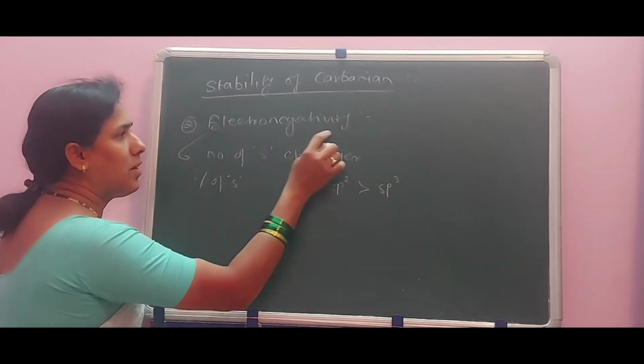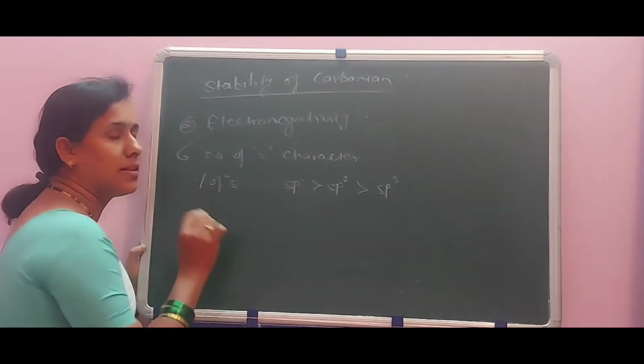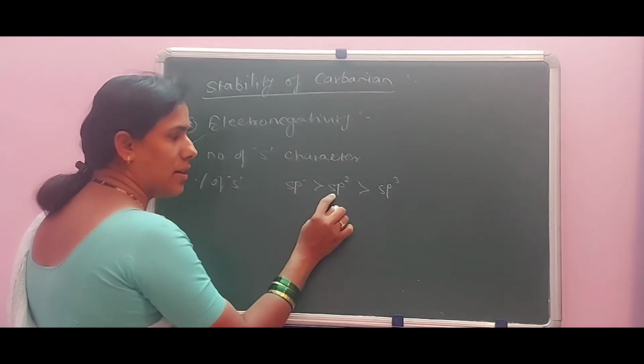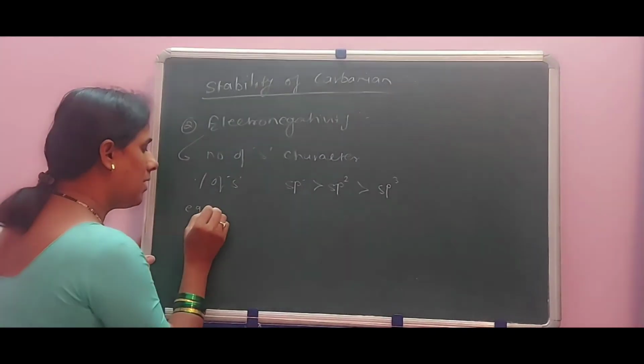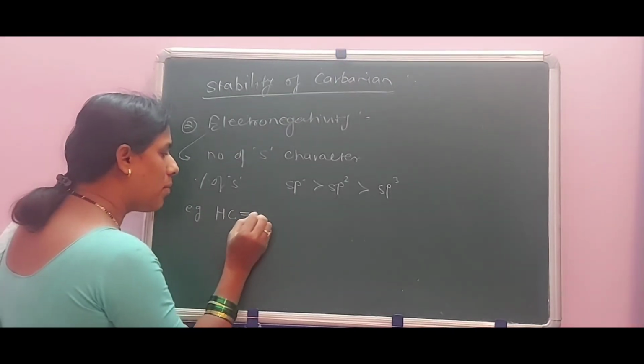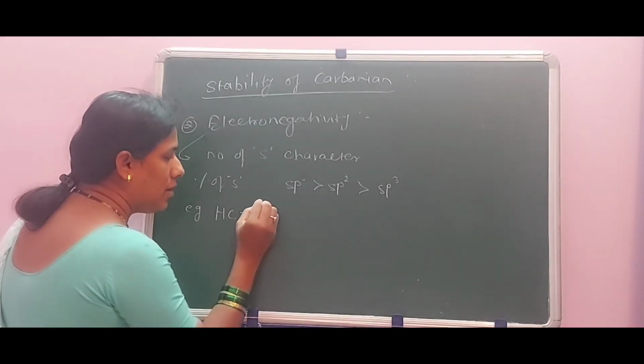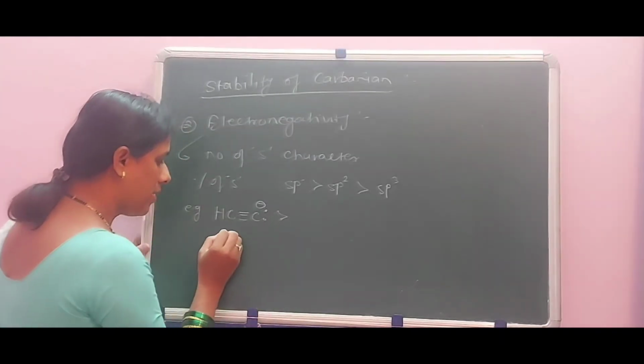The s character of sp is greater than that of sp2, which is greater than that of sp3. For example, HC≡C⁻ is greater than